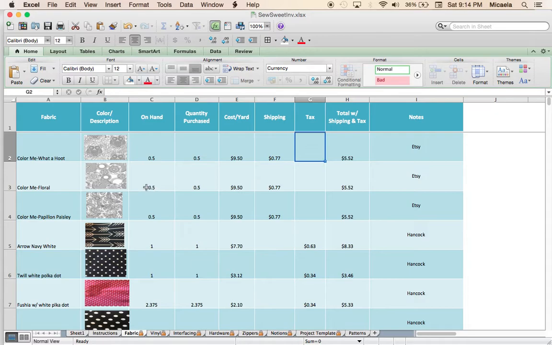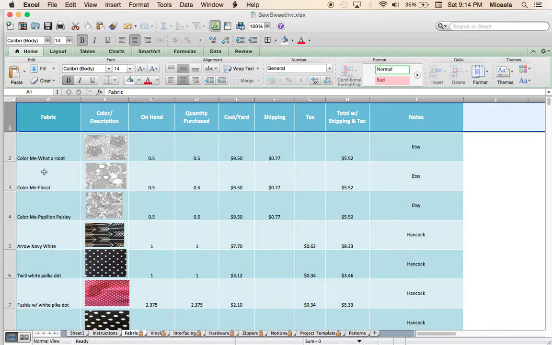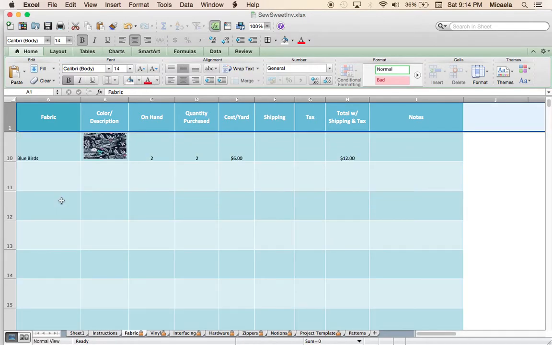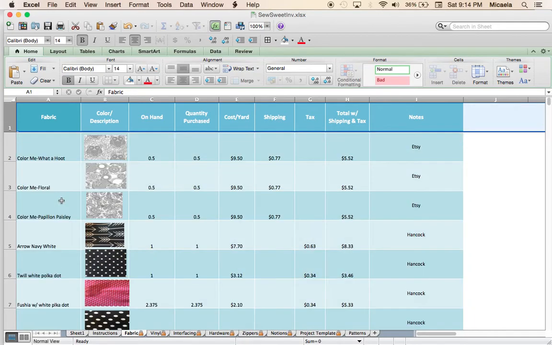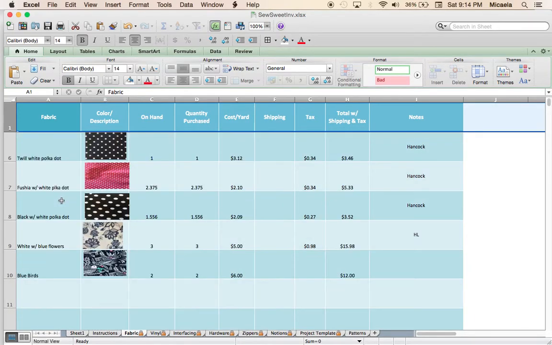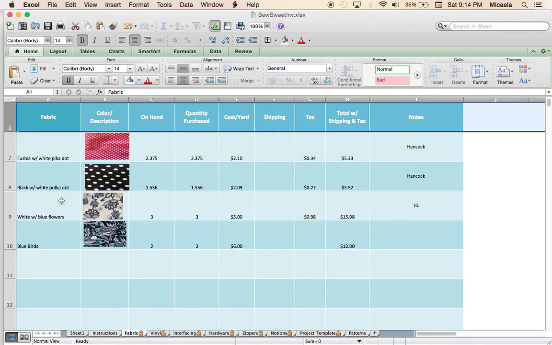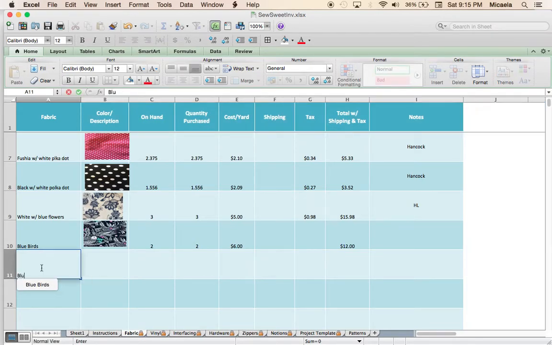So on this one for fabric, for example, at the top of each one as well, there's these headings, and it doesn't matter when you scroll, it will just stay at the top so that you know which column you're entering your information into. So let's scroll down here, and let's say I'm going to give an example of entering in a fabric. Let's say I just bought a new fabric. It's blue and pink floral,